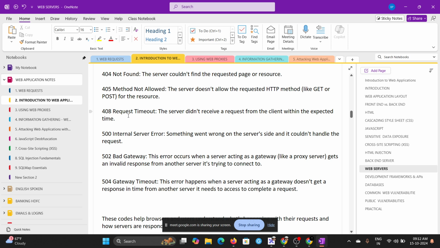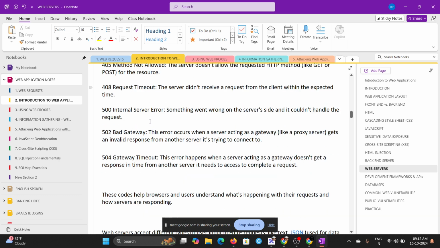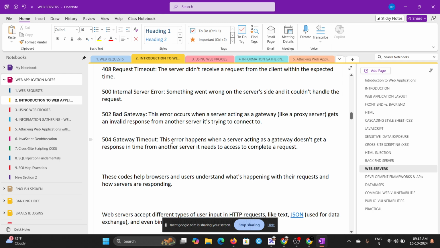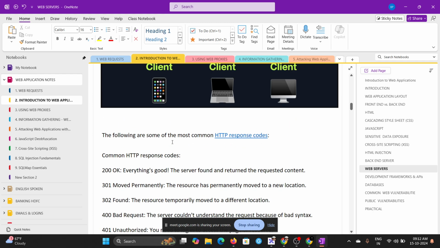And 408, the server didn't receive a request from the client within the expected time. Then we have 500, something went wrong on the server side and it couldn't handle the request. Then 502, bad gateway, and 504, gateway timeout. So these are the common response codes that we receive from the server if we do anything wrong. Okay,